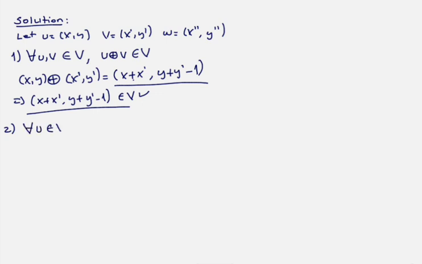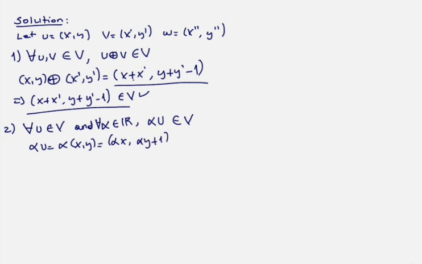For all elements u which is an element of the vector space V and for all elements alpha which are elements of the real numbers over the field R ስለሚል ምንድነው የሚለን: the scalar multiplication of alpha times u should be an element of the vector space V ነው የሚለን። ስለዚህ alpha u ማለት ምን ማለት ነው: alpha into (x, y) ማለት ነው, which is equal to (αx, αy + 1). ነገር ግን alpha an element of real numbers ስለሆነ x እና y an element of real numbers ናቸው። ስለዚህ the multiplication of two real numbers is still a real number. ስለዚህ ከዚህ ምን ዲዱስ እናደርጋለን: ይሄኛው it's an element of the vector space given ማለት ነው። ስለዚህ αx and αy + 1 are elements of our vector space V. ሁለተኛው ፕሮፐርቲ ፕሩፍ ተደረገ ማለት ነው።